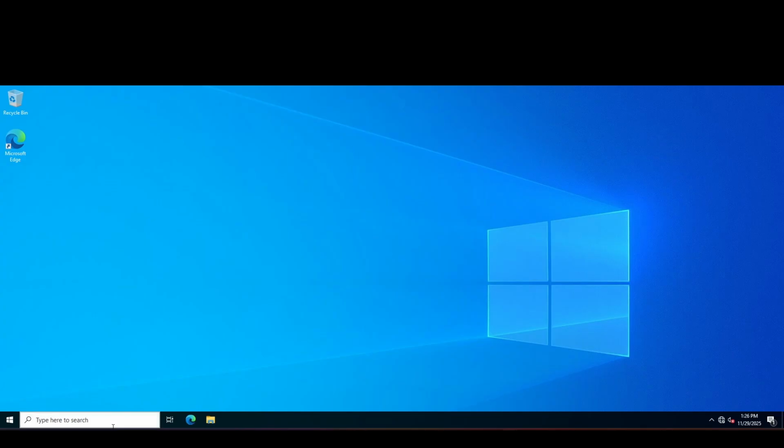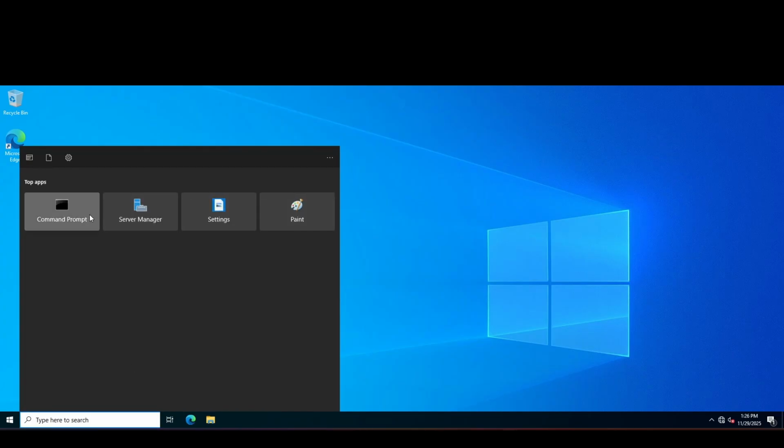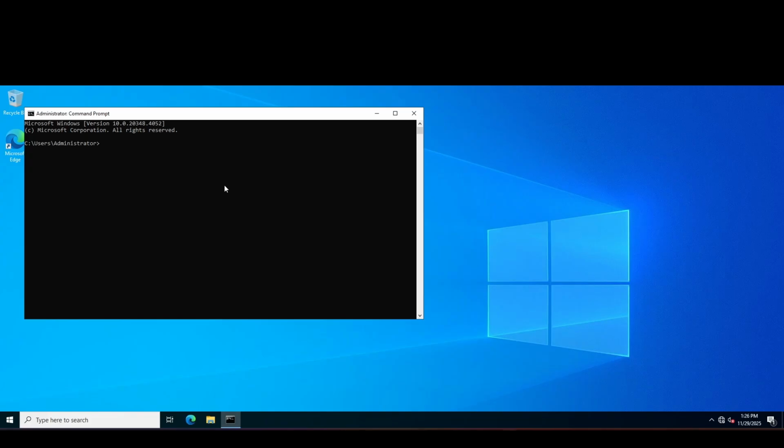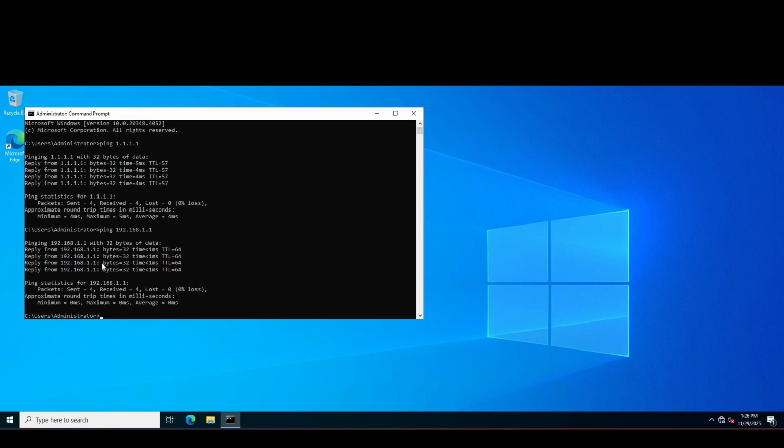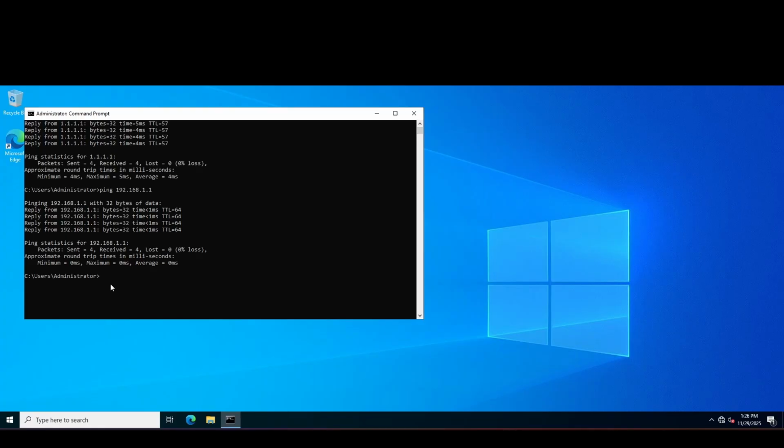So let's do some testing first. Let's go to command prompt, ping 1.1.1.1, global DNS. Seems to be working. Let's ping our router, 192.168.1.1. Our router is working as well. Let's ping our DNS,